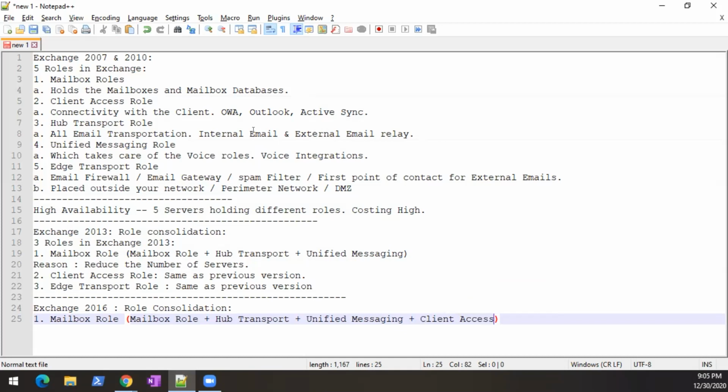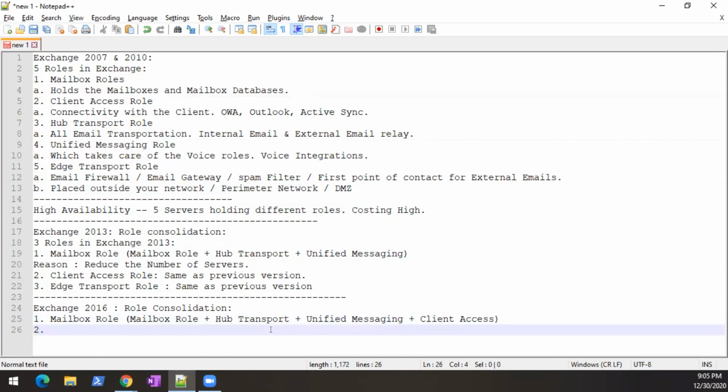All these four roles are merged into one, and it is doing all the jobs. So you might have noticed that there is only one mailbox role and the Edge Transport role.